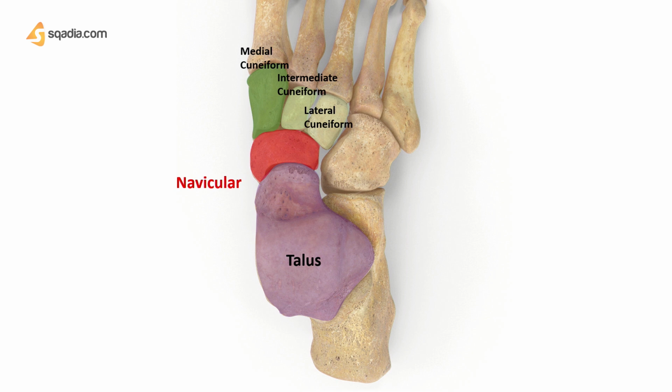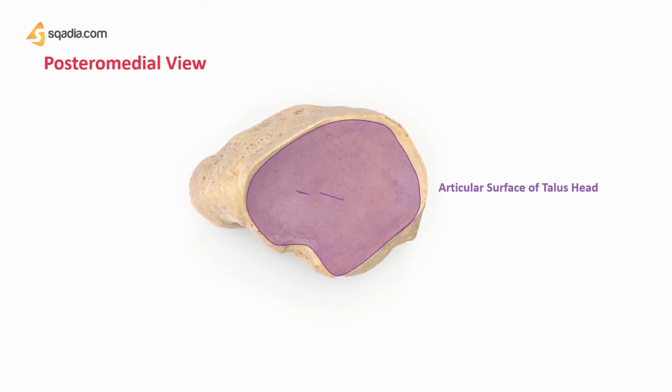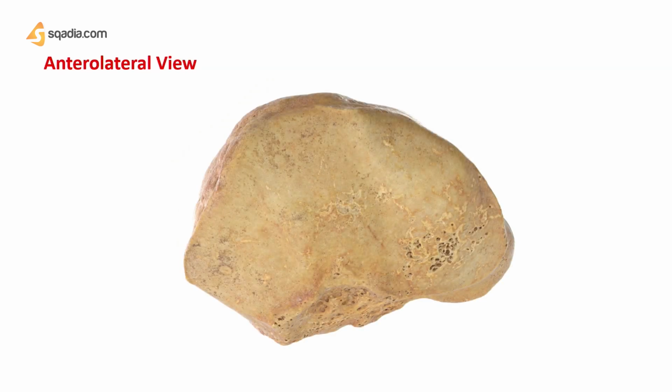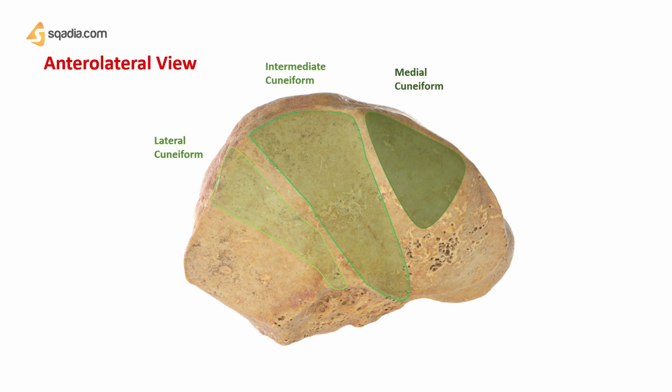Now talking about the articulation of this bone. It joins with the talus proximally, forming the articular facet of talus, and the medial, lateral and intermediate cuneiforms distally. It also articulates with the cuboid in the lateral position. A tuberosity can be seen and felt on the medial border of the foot 1 inch in front and below